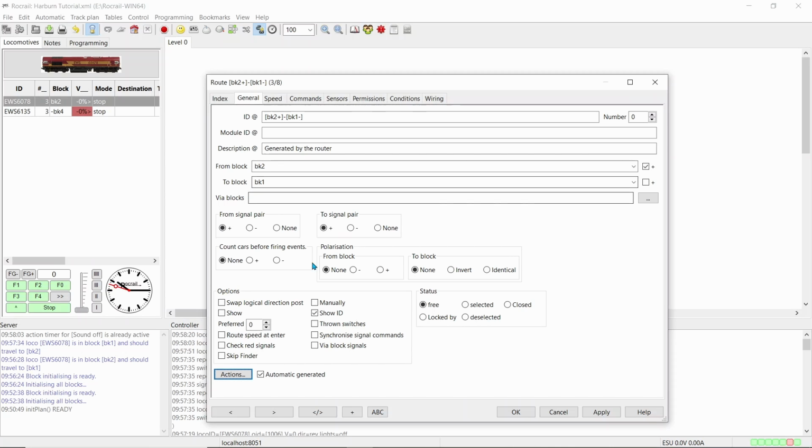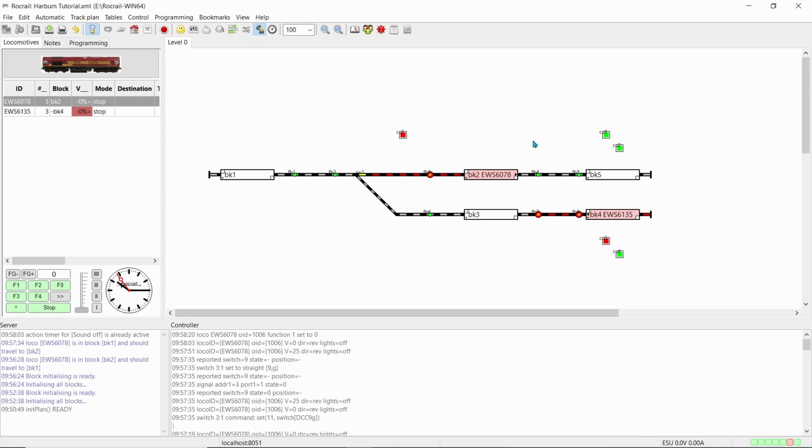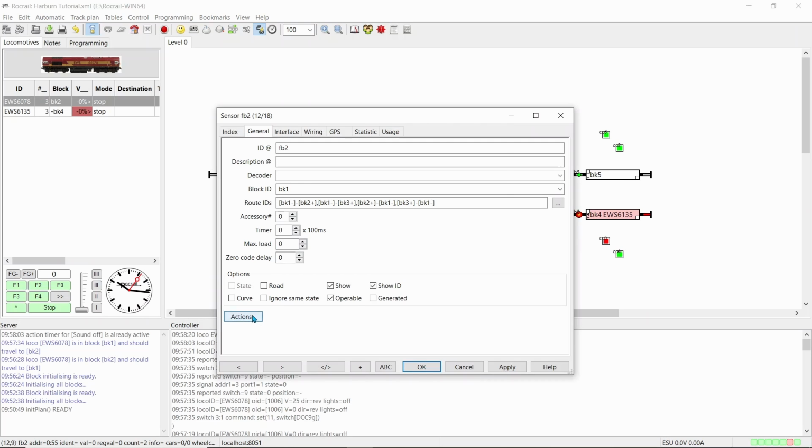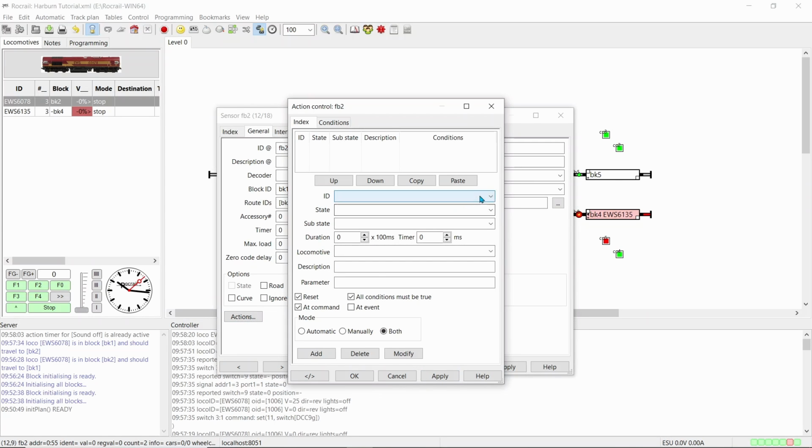Now let's go in and add in the toot or the horn. I want the horn to sound when it goes out of the siding, so this sensor here would be a good one to set up for the horn. So right click on it, properties, go to actions, and then in the actions I want the horn.